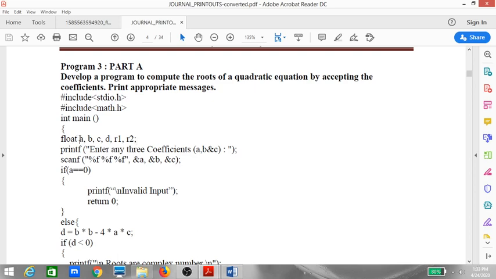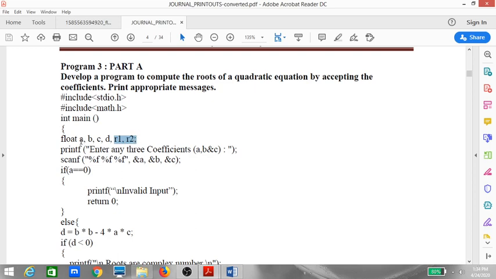Now here I am declaring the variables. So float is the data type that we have taken. I am taking 3 variables from the user, which are a, b and c. Using these 3 values, I'll be calculating d. d is also required, so I need another variable called d. And then finally, whatever roots we are calculating, we are storing in r1 and r2.